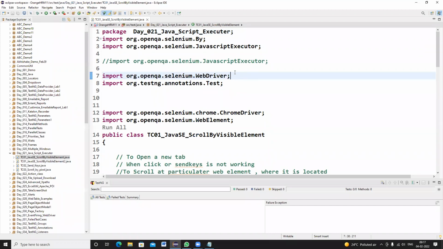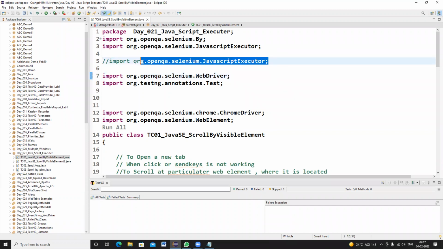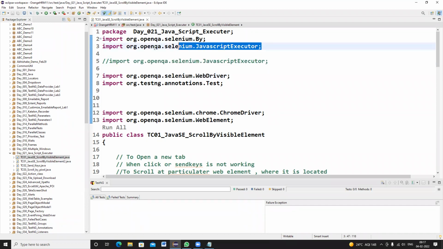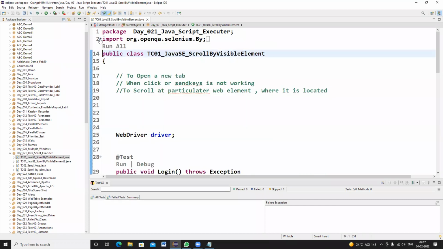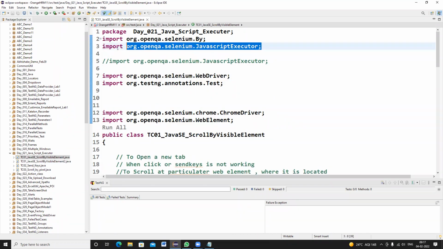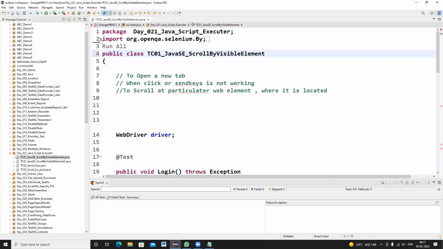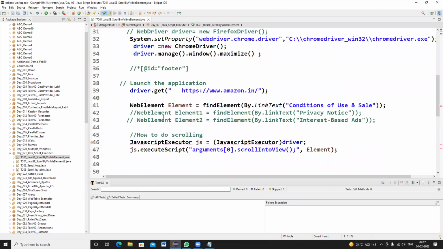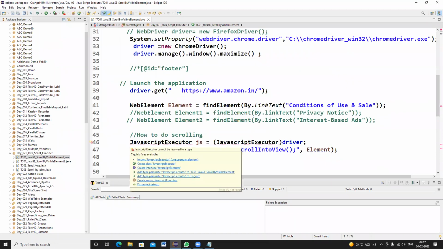Now, JavaScript executor itself is a class that is provided in Selenium. So that is the reason why we are importing this particular class. For instance, if you remove that particular class from the import, you will get an error.